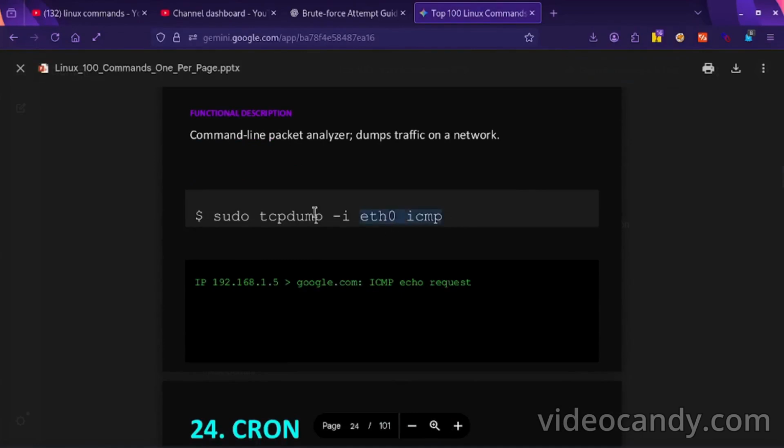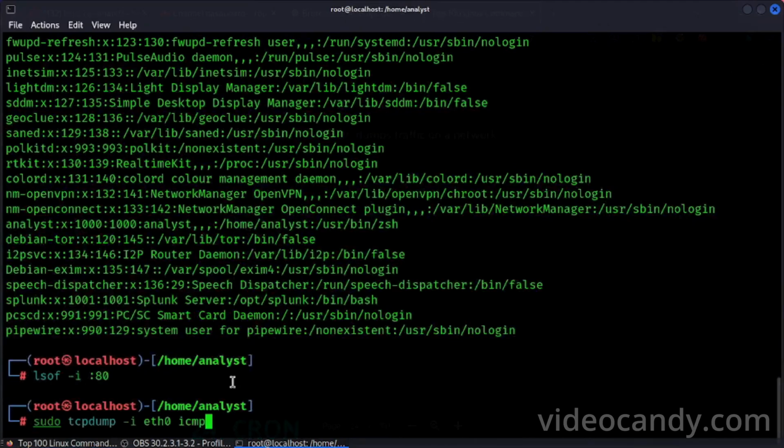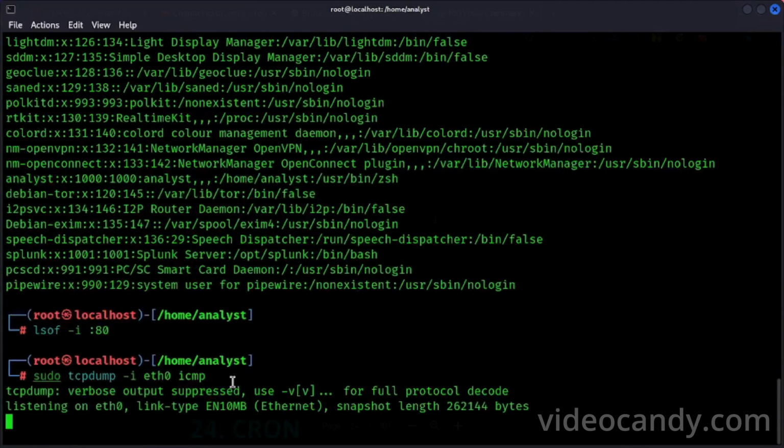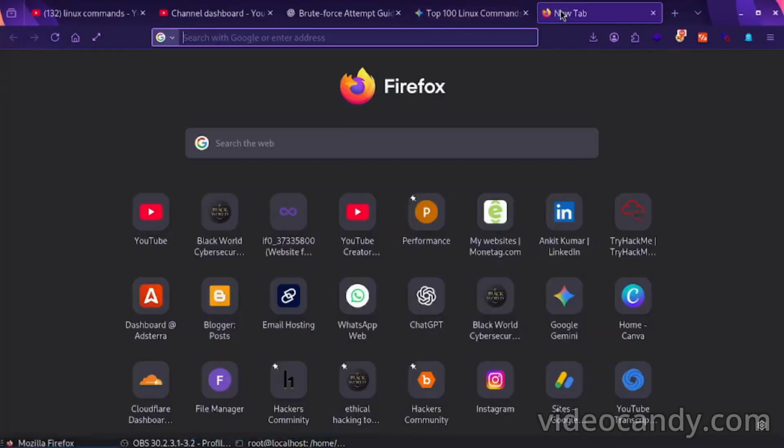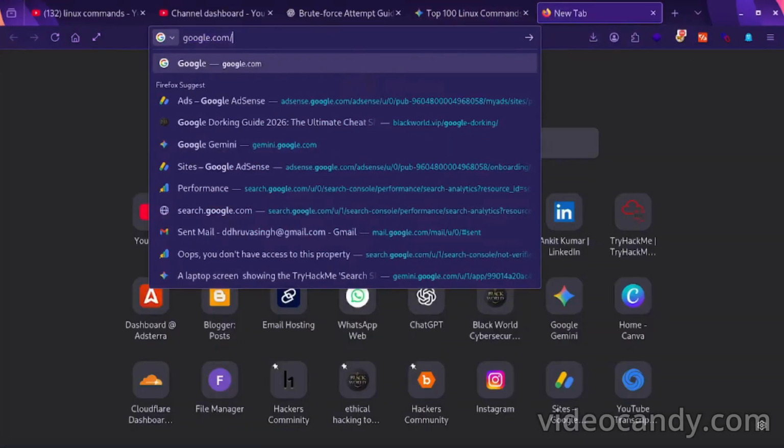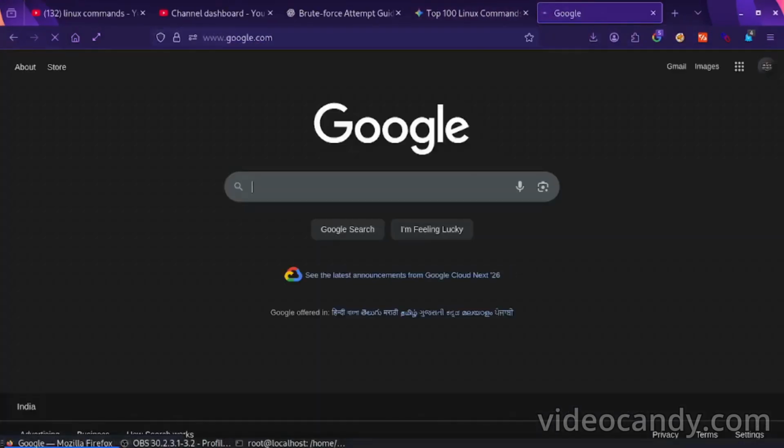tcpdump, a command line packet analyzer that dumps traffic on the network. It will dump the traffic coming to our address. If now I go to access google.com, it will dump.